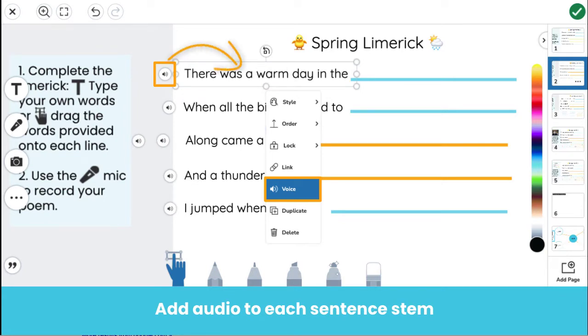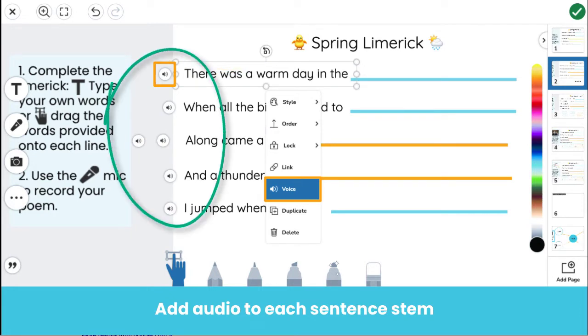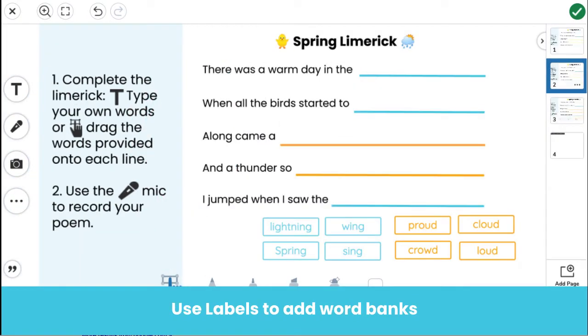As a reminder, audio can be added to a text label. If your students are younger, consider chunking the text and audio into parts to make it easier for students to follow and comprehend. The next scaffold that will support learning in Seesaw is using the label tool to add a